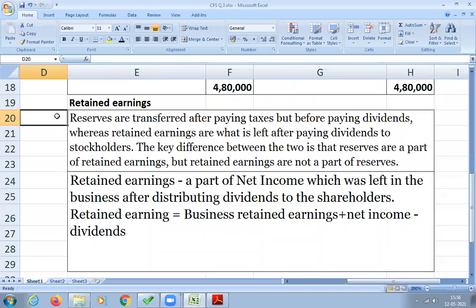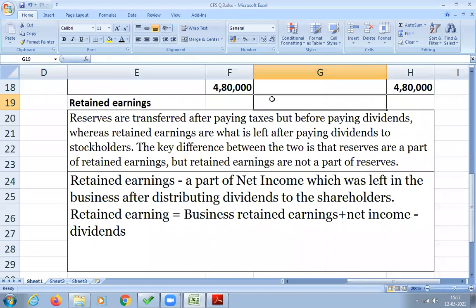Is proposed dividend treated as a financing activity? No. If it is a proposed dividend, it will come under your operating activities. Under the non-cash items, you have to adjust that. And whichever dividend was proposed in the previous year will be considered as paid for this year.